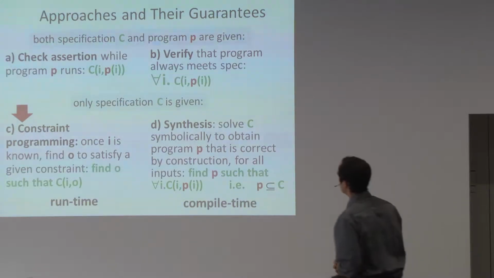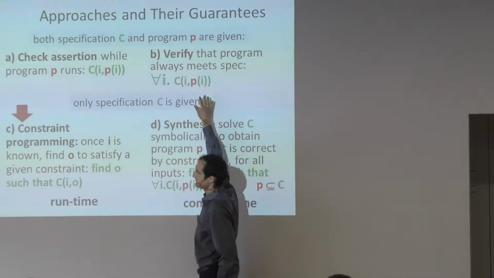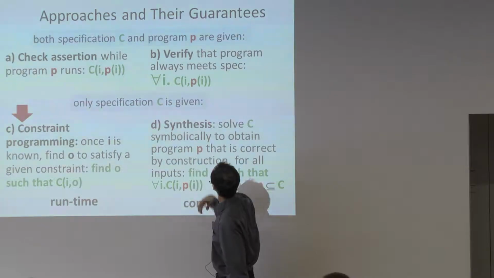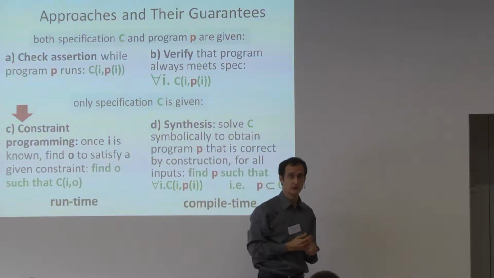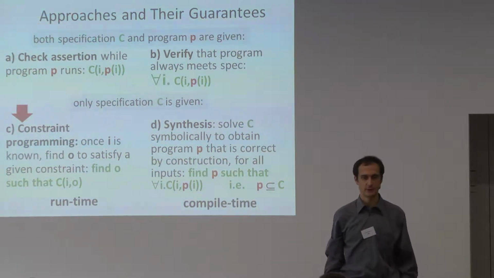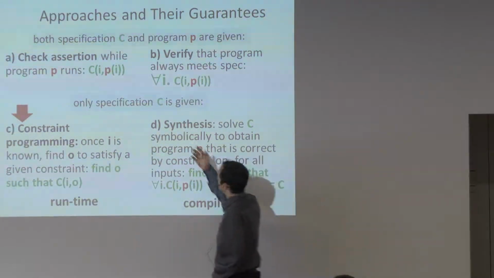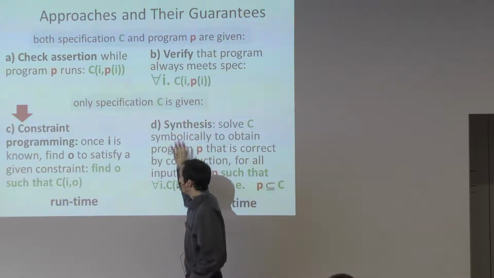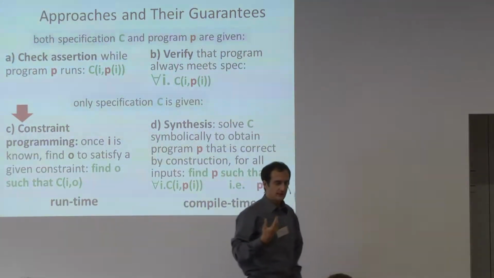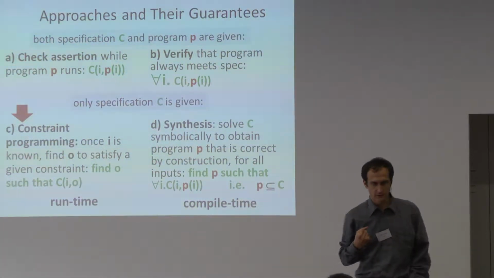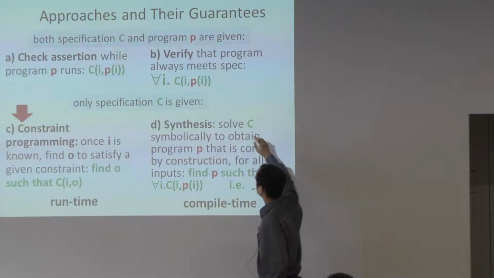Okay, so I just gave you an overview and highlighted some of the techniques that we use in order to verify that a program meets the specification. And that's one way to somehow relate the specification and implementation. And now I would like to move towards having only the constraint and trying to somehow treat them as programs. And it turns out that this will be related to the technique that we use here,